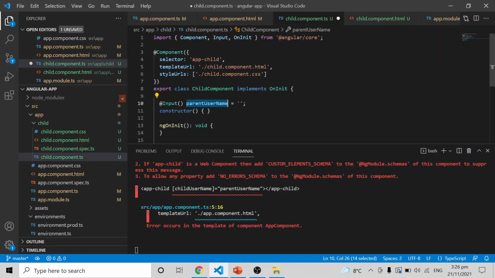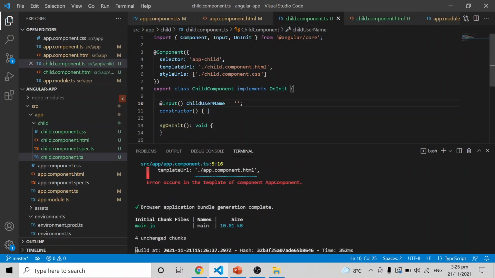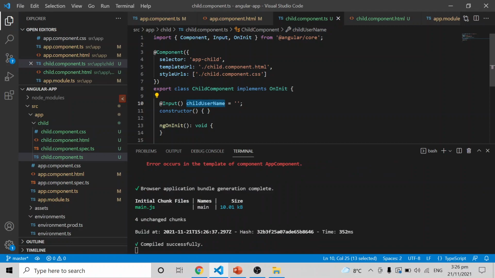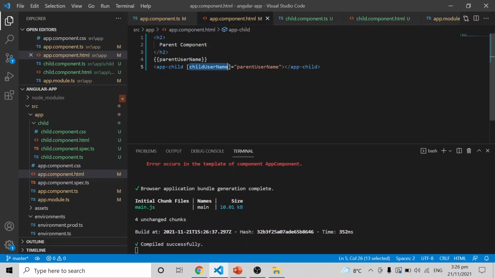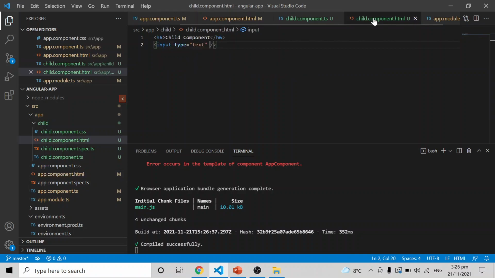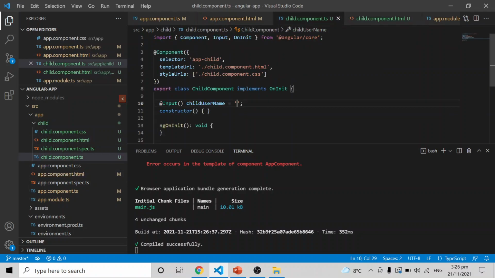So I will replace it with childUsername. I am assigning it to empty, and whenever the value comes from the app component with whatever value is in parentUsername, when it is assigned to childUsername, the empty value will be replaced with the latest value.